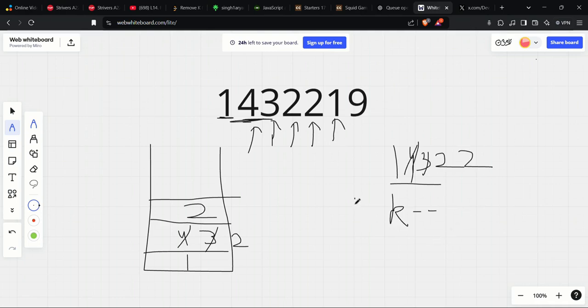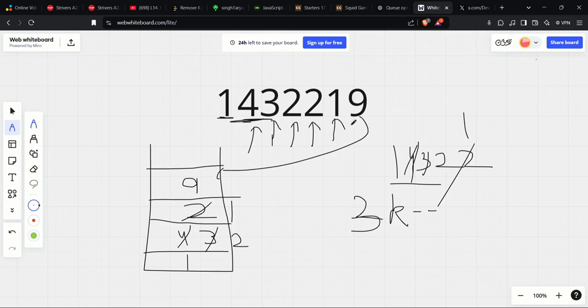So currently we have removed 2 k's. We come to 1. So is 1 smaller than 2? Yes, it is. So does removing 2 to add 1 to it make sense? Yes, it does. Because now our number will begin with 1 2 1. And with this I have removed 3 k's. As soon as I removed the 3 k's, see, in the question we were given that we had to remove 3 k's. So as soon as I remove 3 k's, I will stop and I'll simply push the next element into the stack,